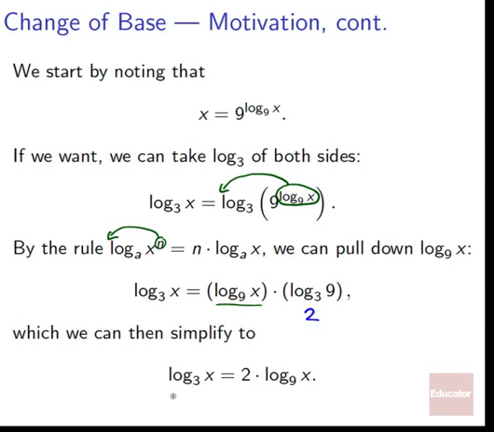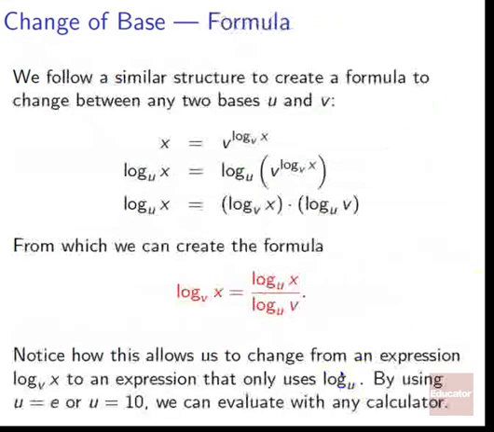So we can simplify that as log base 3 of x is equal to 2 times log base 9 of x. And we've proven what we originally wanted to show. We follow a similar structure to create a formula to change between any two bases u and v. So if we start off with x equals v to the log base v of x, which we know is true because of inverses,